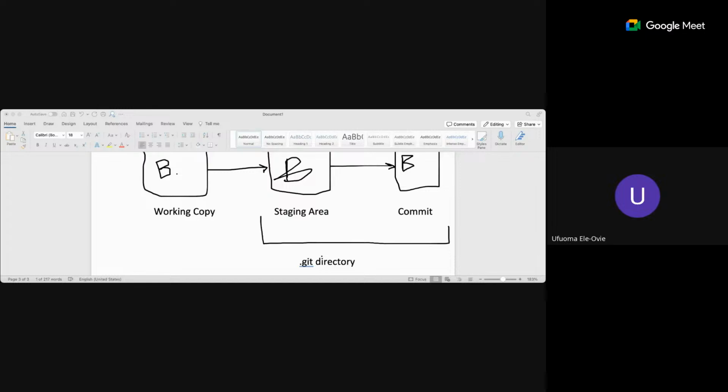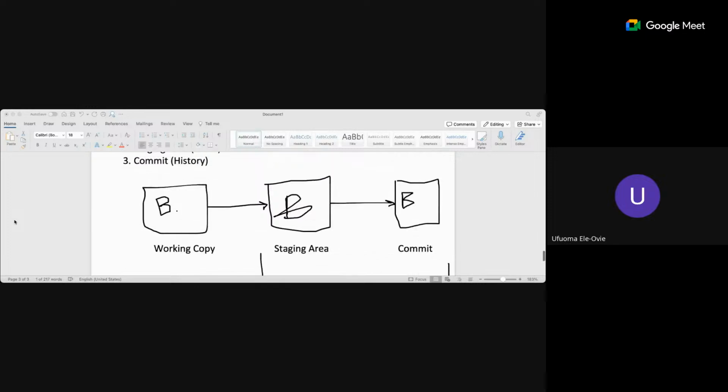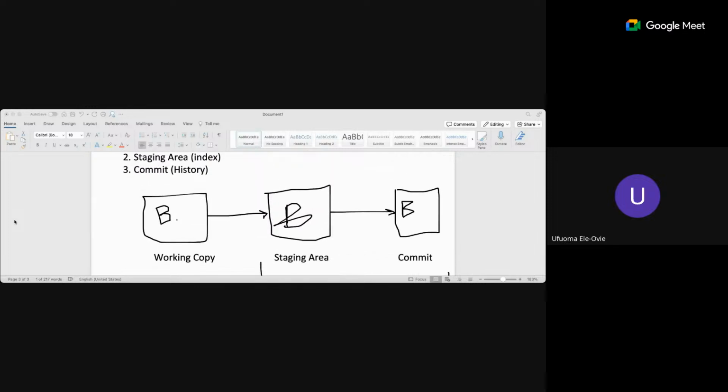So we also looked at the Git repository architecture, which is what you're seeing now, the three areas, the logical areas of Git. The working copy, which is where you do the editing of your files, your code, your whatever, which is what you see on your computer. That's the working copy, where the file is. You open the file and you work. That's the working copy. And then the staging area,